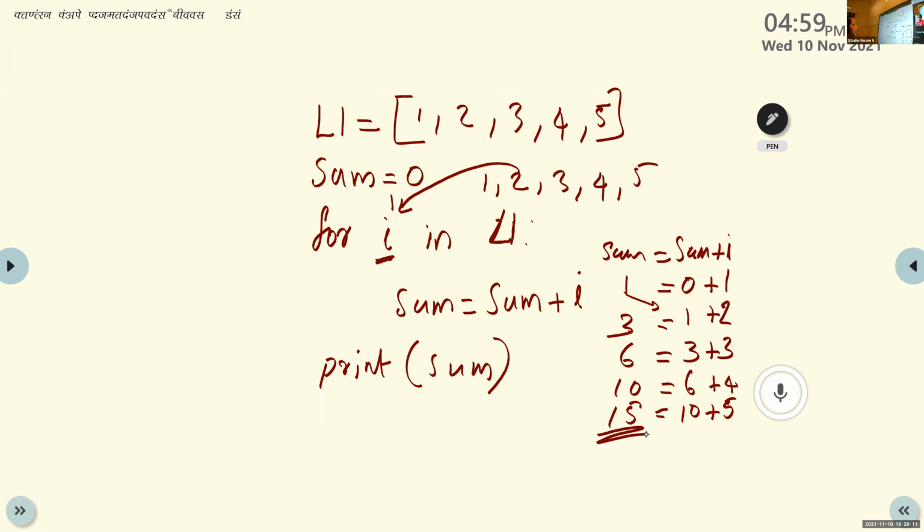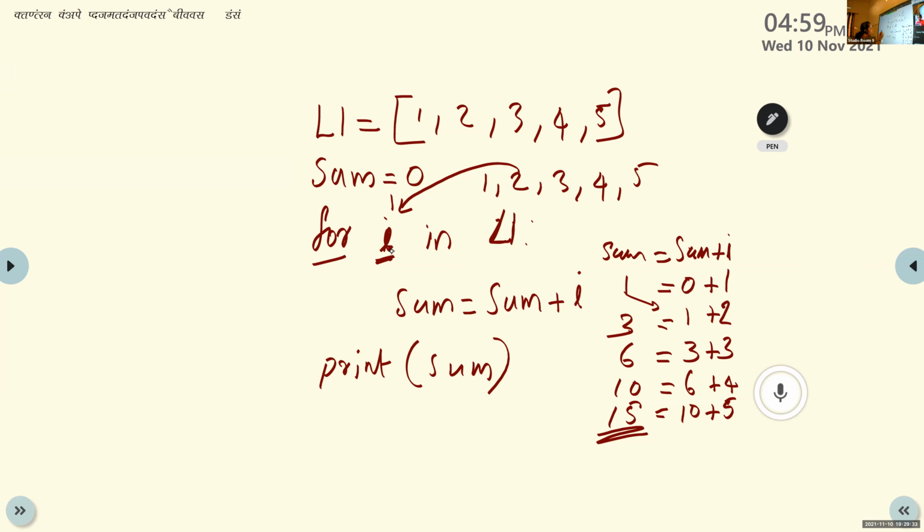Any doubt related with this list? Ma'am, what is I? I is a variable name. For iterating, or for taking the values of this list one by one, I'm using a for loop. The format of this for loop is that after for you use a variable.